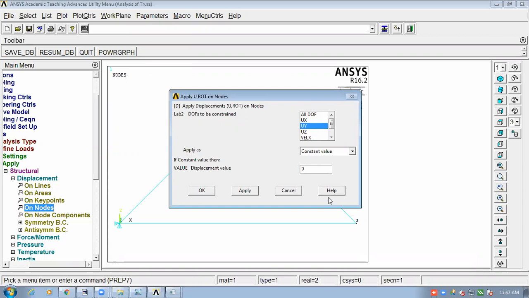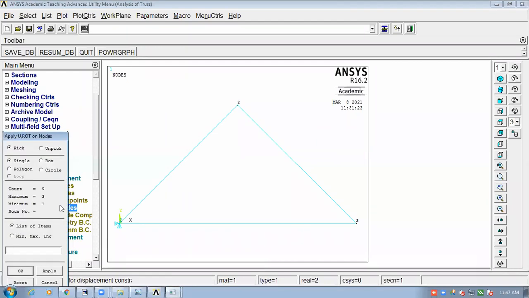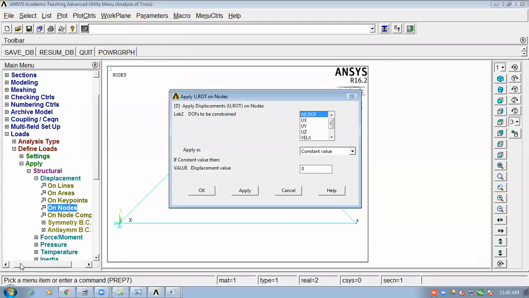Right? Yes or no? Let me know. Have you understood? See here, what I did, I just clicked here.